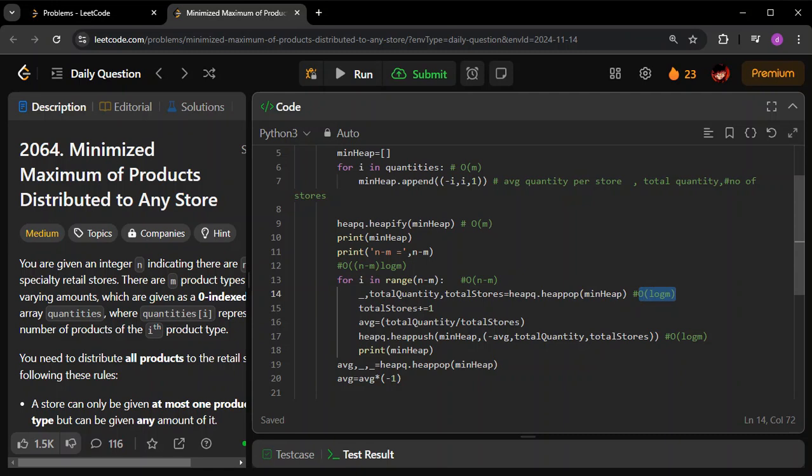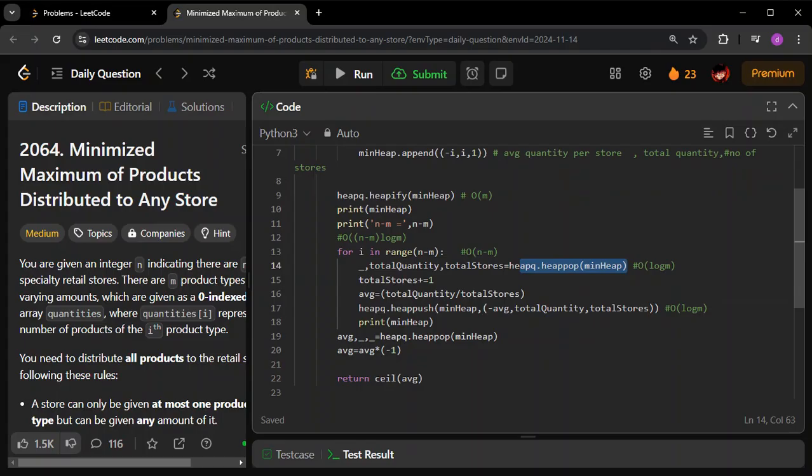But you have to imagine it is a tree, and one value from the last layer will be taken to the root. That is how it will flow down, and that is how the heap structure will be maintained. So that's why it takes log m time. Remember, if you take an element out and claim that you can do it in O of one time, you are destroying the heap structure. So to maintain the heap structure, you should use this library to pop a value out.